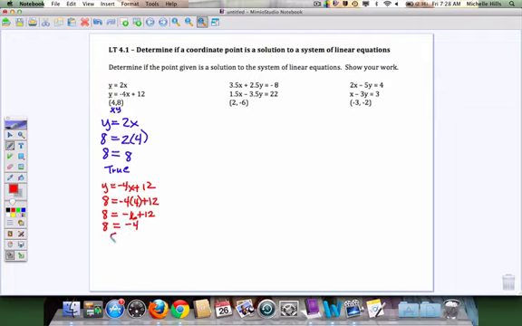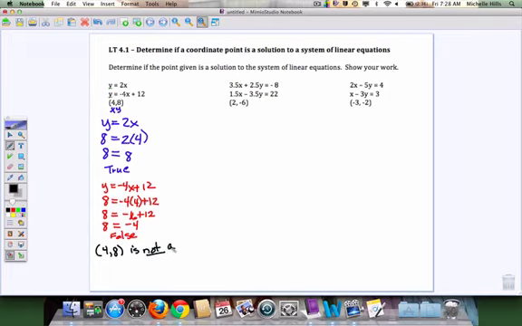Yes, I do expect to see all of the work that I've written down on this page. Now I have to answer the question. If I graph the first line, that point is on it. But if I graph the second line, the point is not. So it's not the solution, which would be the point of intersection of those two lines. It would have to be on both lines for that to work. So the answer that I write is the ordered pair, that point (4, 8), is not